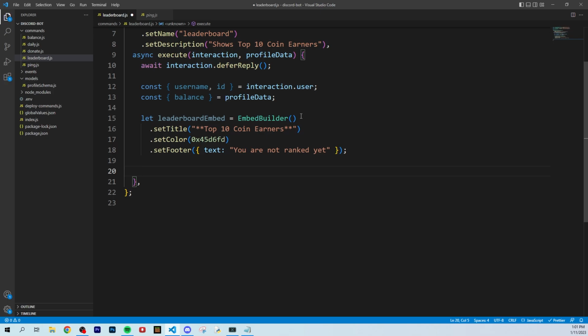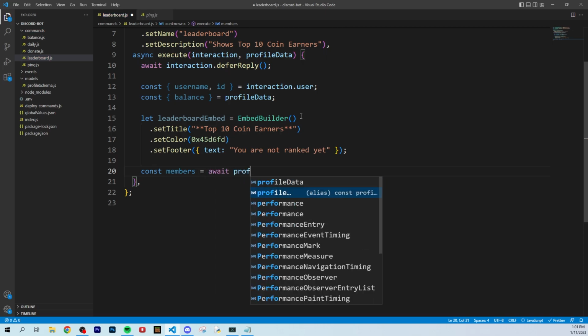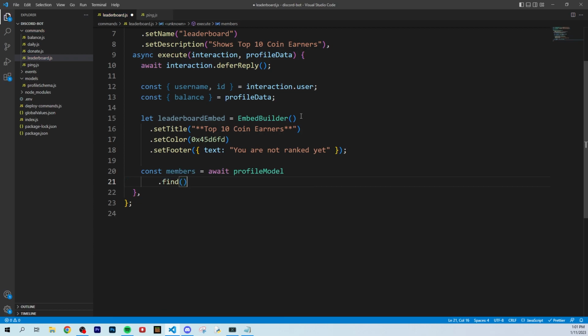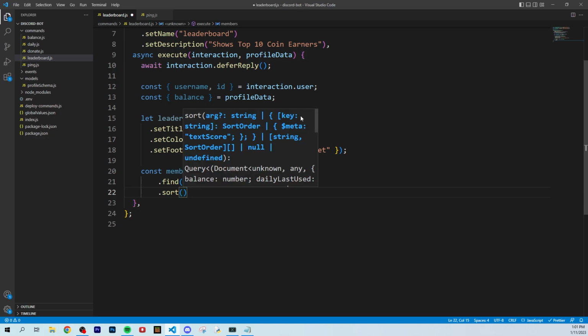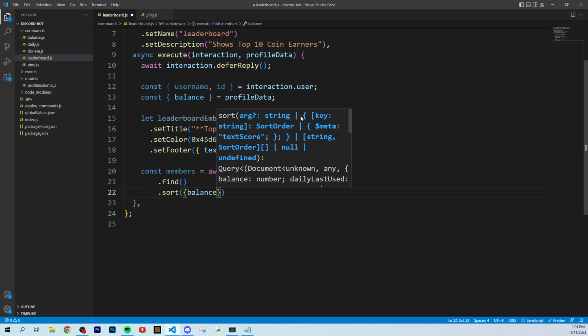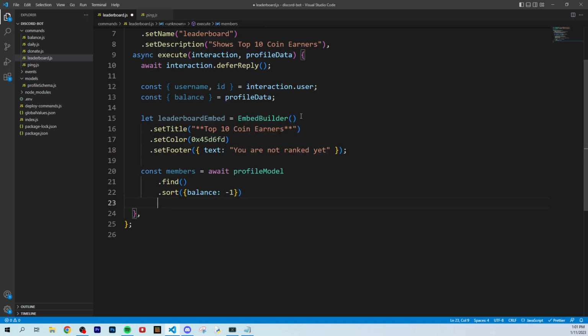So let's now fetch all the members from our database. All right, so we're just going to say const members, and we're going to say await profile model dot find. So we're going to find everybody in the database. We're going to sort them by their balance. So we're going to say balance and then we're actually going to say -1. So this is actually going to sort them from highest to lowest in order into an array, which is exactly